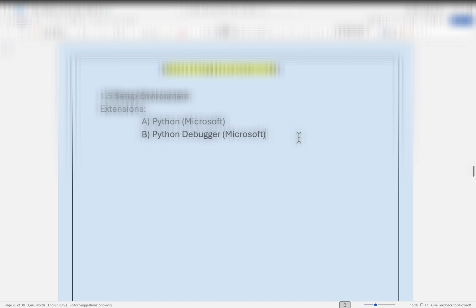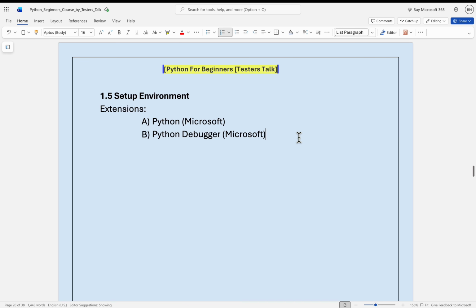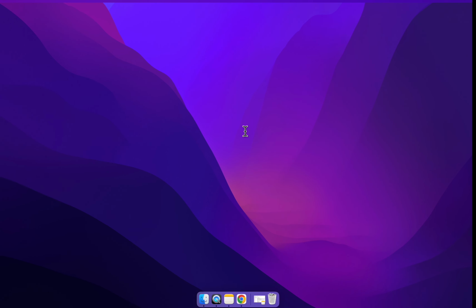So far you have seen how to install Python and how to install VS Code on your device. Now in this video I will discuss how to set up the environment for writing Python programs. Firstly, we will open VS Code and then install the Python extension and the Python Debugger extension from Microsoft. Let's quickly open VS Code